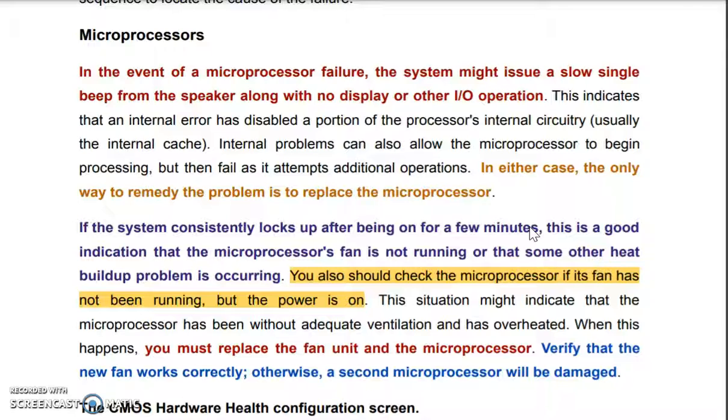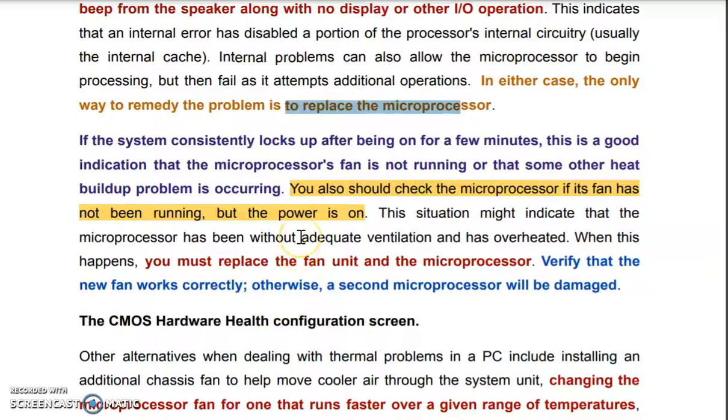If the microprocessor fails, it will not perform input output operations. Then you will hear a single beep from the speaker, and it will not display any output. The best remedy, since there may be some internal problem and the devices are very small, is that we have to replace the microprocessor.